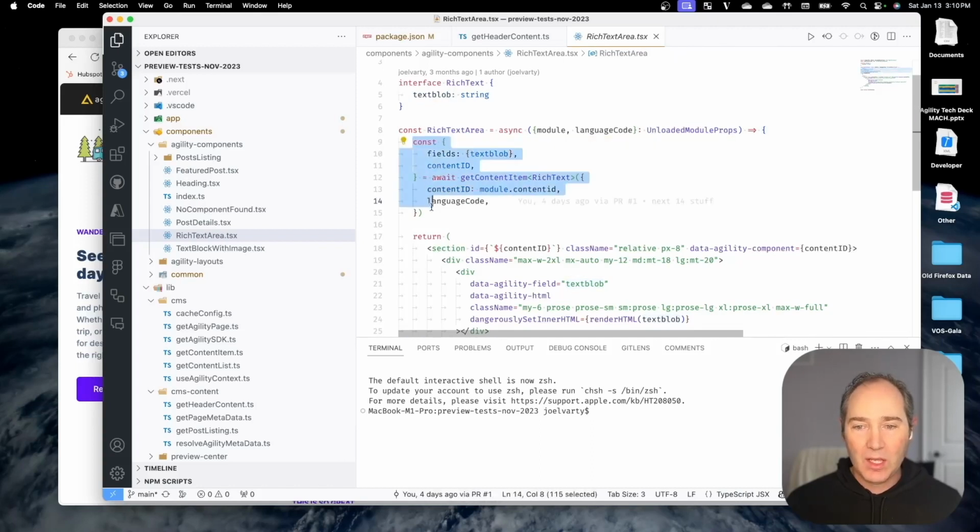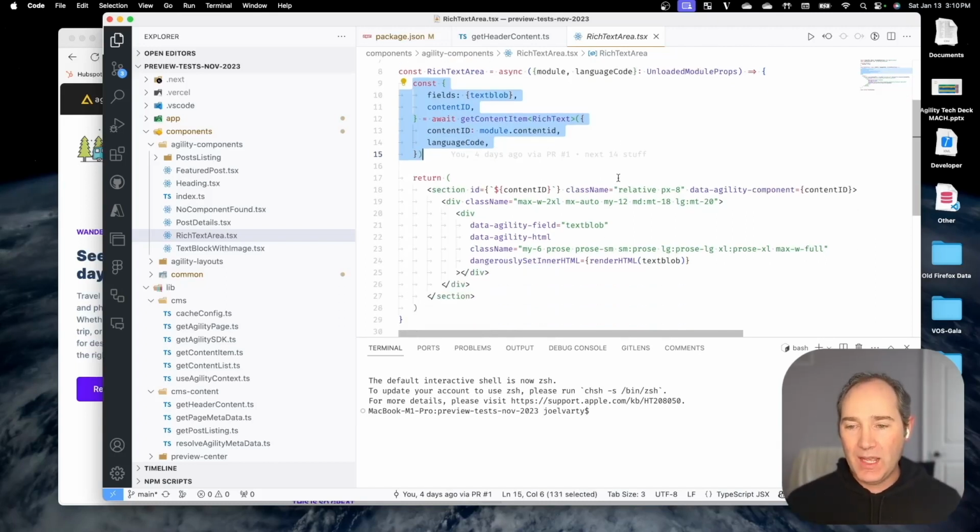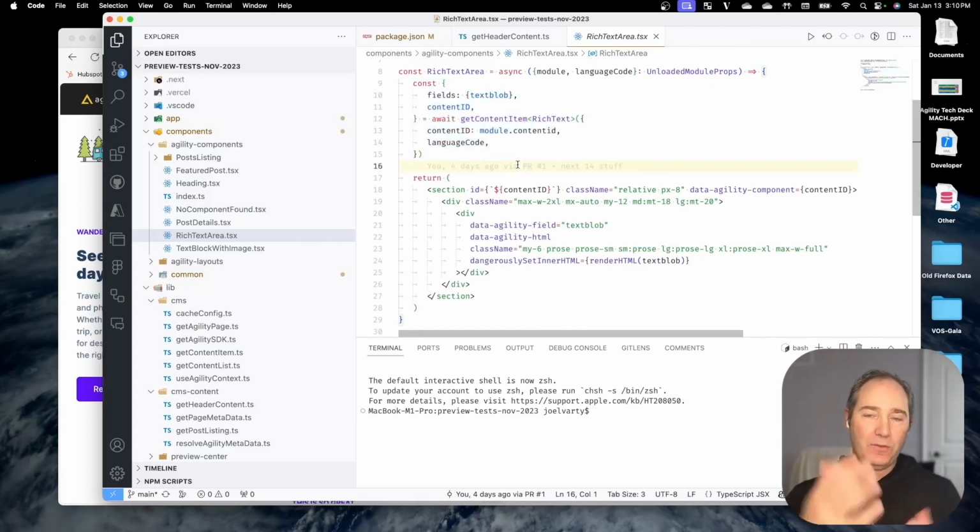And that's all it needs. So I don't have to know anything in my component about caching or anything like that, because I've created this wrapper method that will do it for me. So now I can just write React code. As a front-end developer, my life doesn't really get that much harder as long as you're following the paradigm